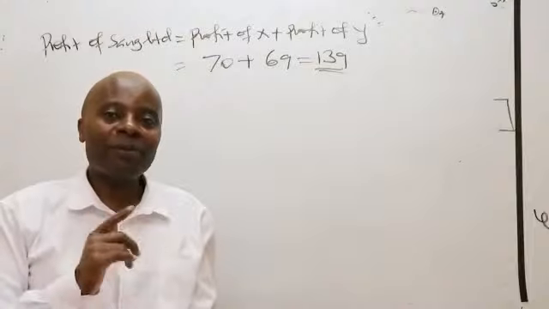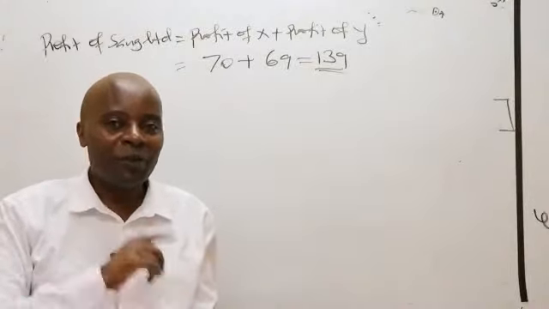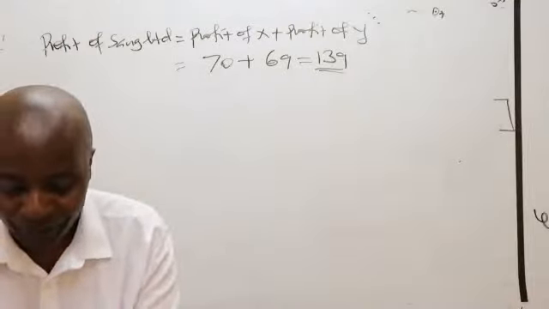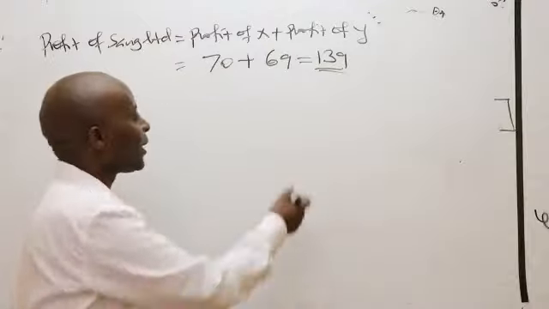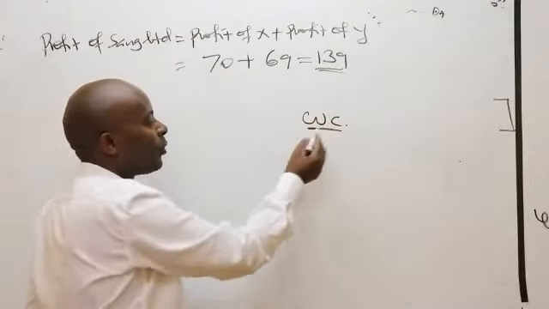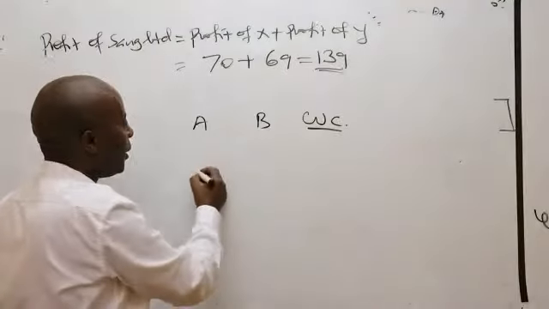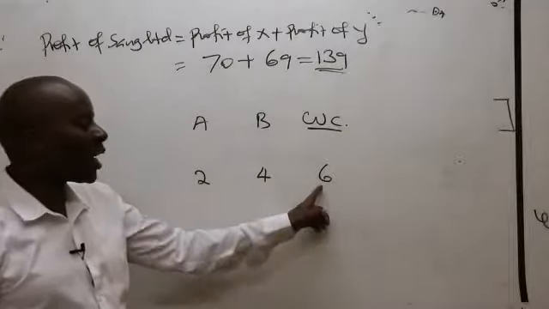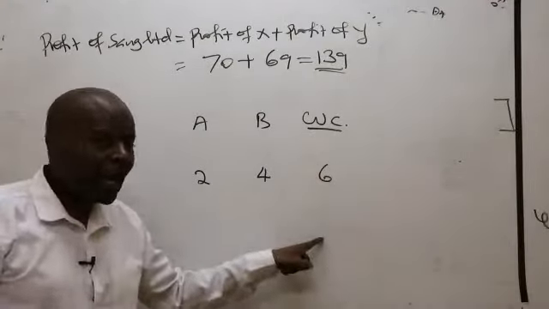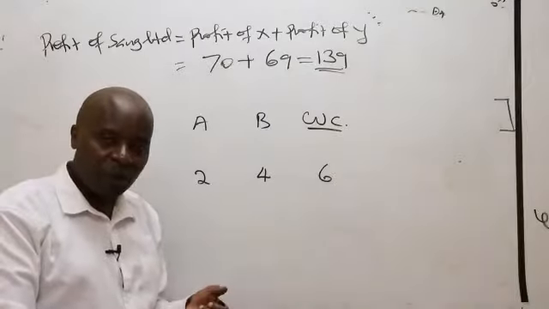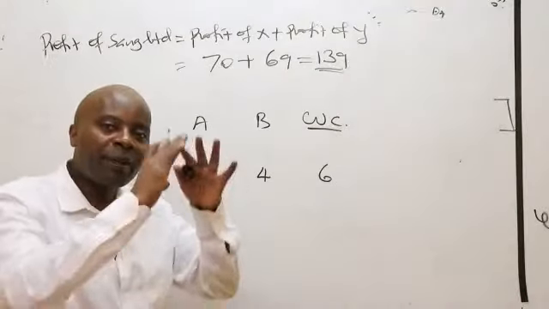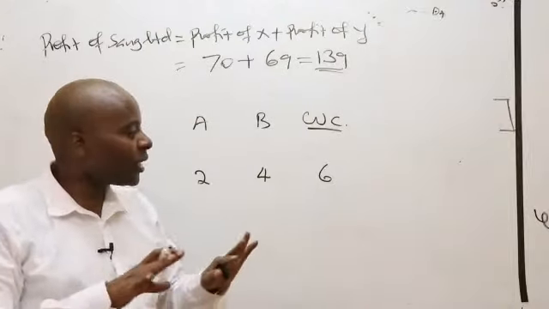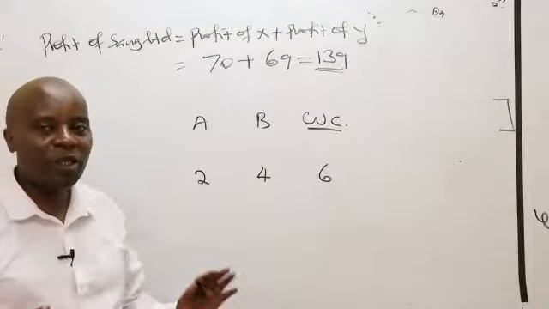Most of the questions you're asking are good, but what I can assure you is that most of them will be answered as we get along. As you do more questions, you'll be able to appreciate. Like in the question that we did for the whole company, where we had two divisions, A and B, the profit for A was 2, the profit for B was 4, and the whole company was 6. We were able to get 6 column-wise, and we agreed. So the moment you have the profit of one division and the profit of the other division, you can simply add them to get the profit of the whole company. These are the kind of questions that I'm sure you will sort out with experience.